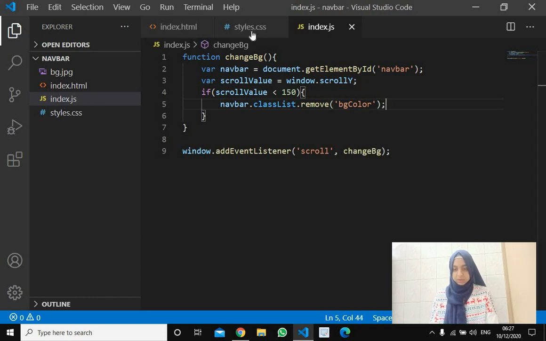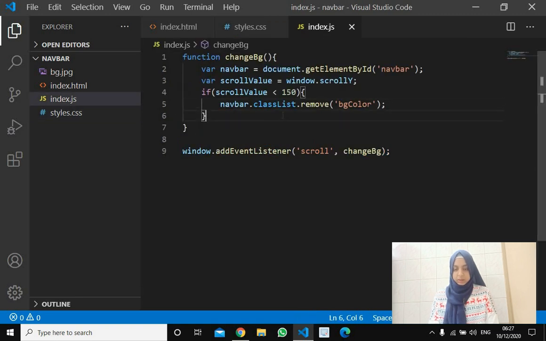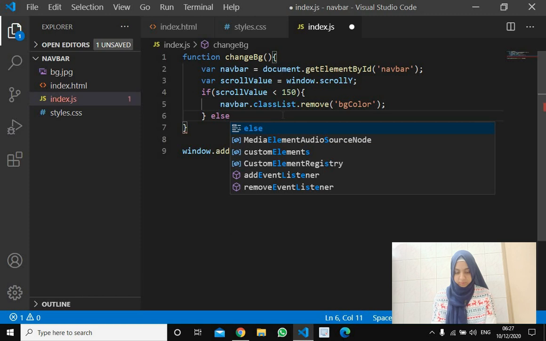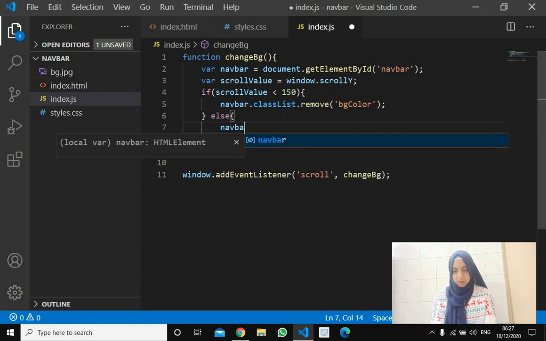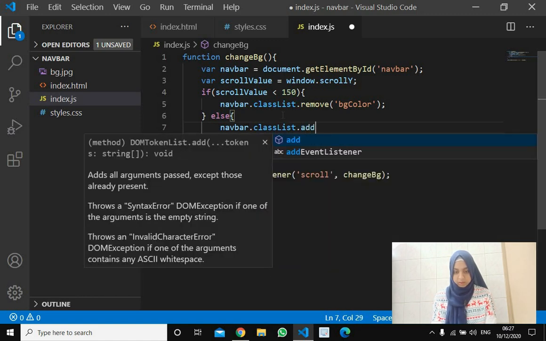Which class? This class, the extra class that we gave over here, bg color. And if the value is greater than 150, then we'll be adding that class.